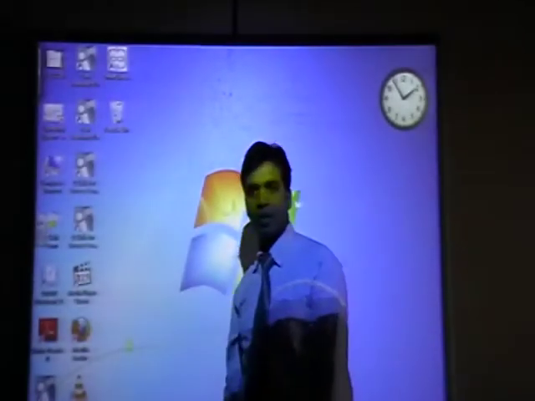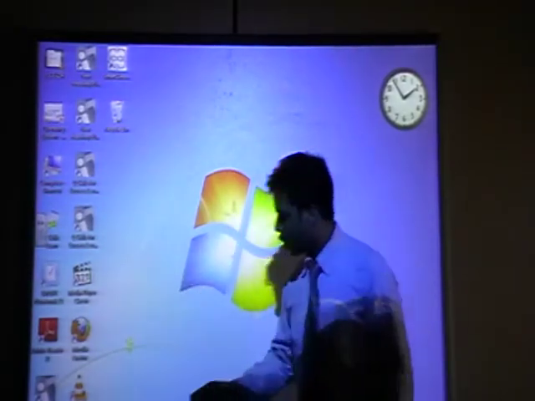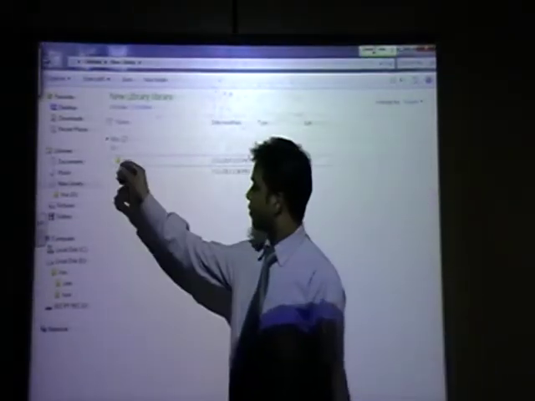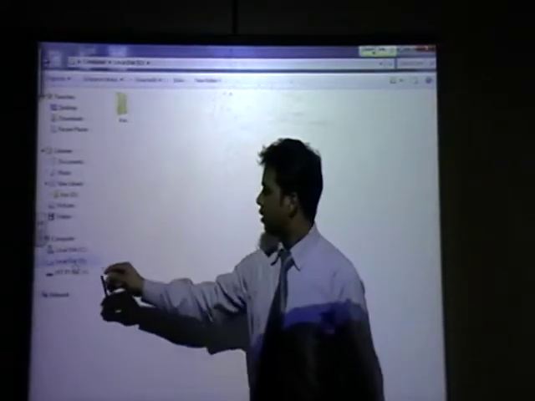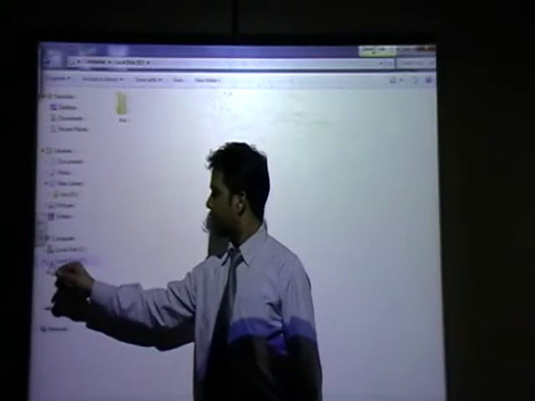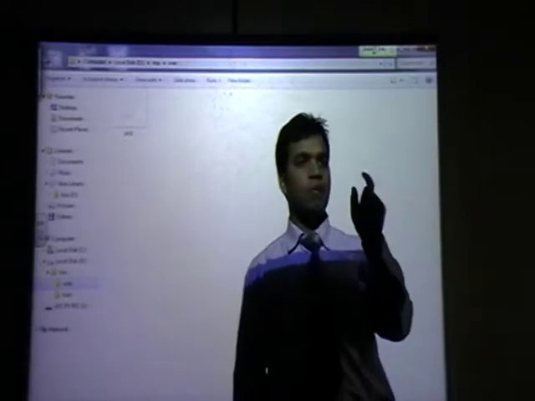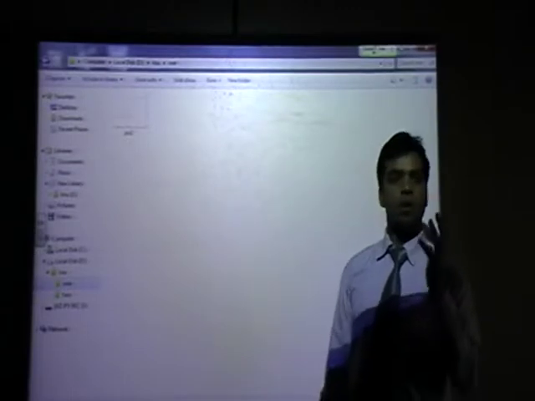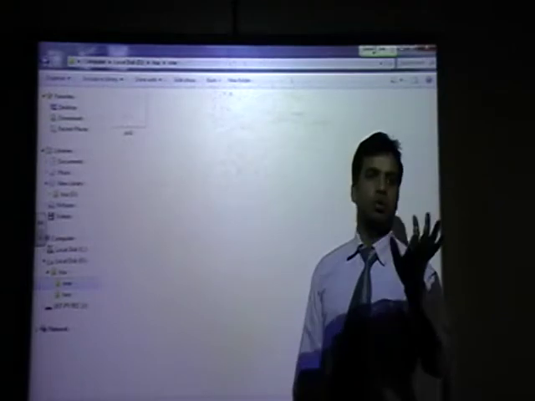Is it saved? Yeah. Come to desktop. Remove headphone. Come to desktop. Open Windows Explorer. Open this one. Is it there? Go to D drive, KSU and 1. Inside 1 you can see the file picture 1 is there. Now what will we do? We will copy this file and paste inside folder 2.